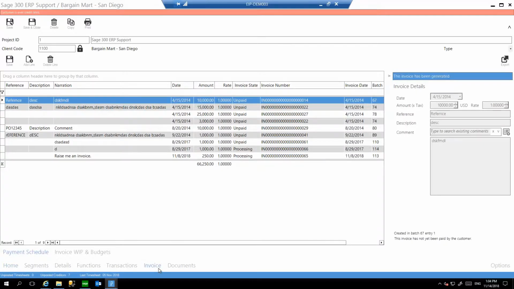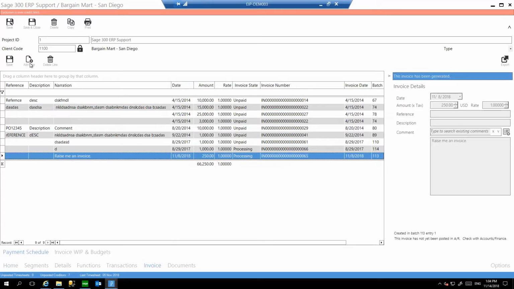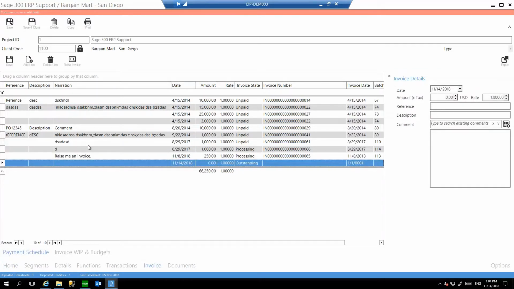So by clicking on invoice in the project, we can come in and define a payment schedule, and the payment schedule can generate an invoice in the accounts receivable module. So this is a milestone invoice, which I can just type in,